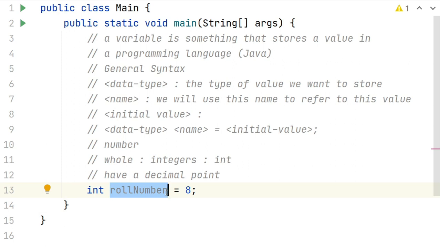So whenever I have to use this 8 value or this particular value, I can simply say roll number. The compiler will understand, okay, I'm talking about this particular value because I have created a variable for it, right? So this is the way the compiler or the programming language understands how to store values, right? Whichever language you think about, it might be C, C++, Java, Python, Go, Kotlin, Ruby, Perl, Lisp, any language out there has the concepts of variable with a similar purpose, right?